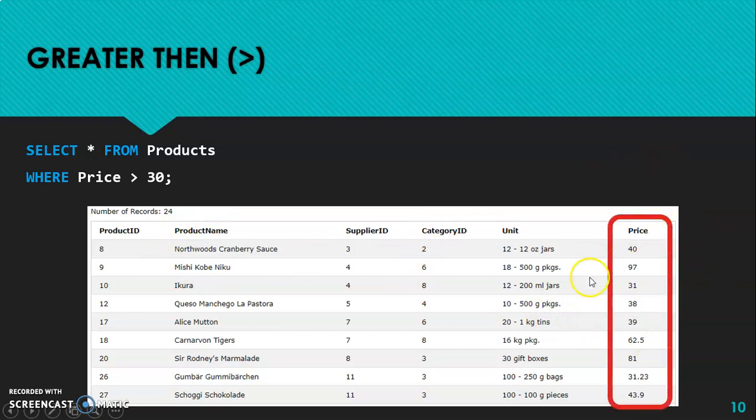If you check the price, none of the prices is equal to or less than 30. All the prices are greater than 30. Starting from 30.1, we don't currently have a value, so the minimum is 31 and above, because the condition is price should be greater than 30.